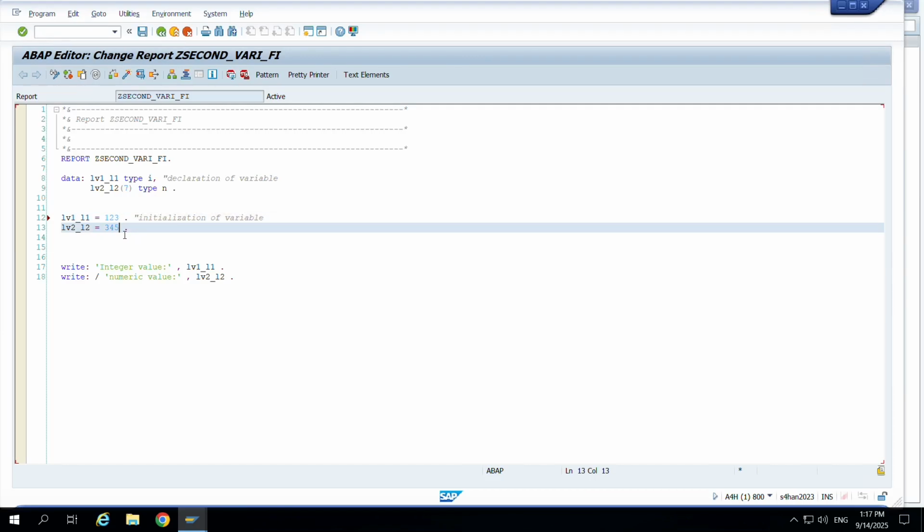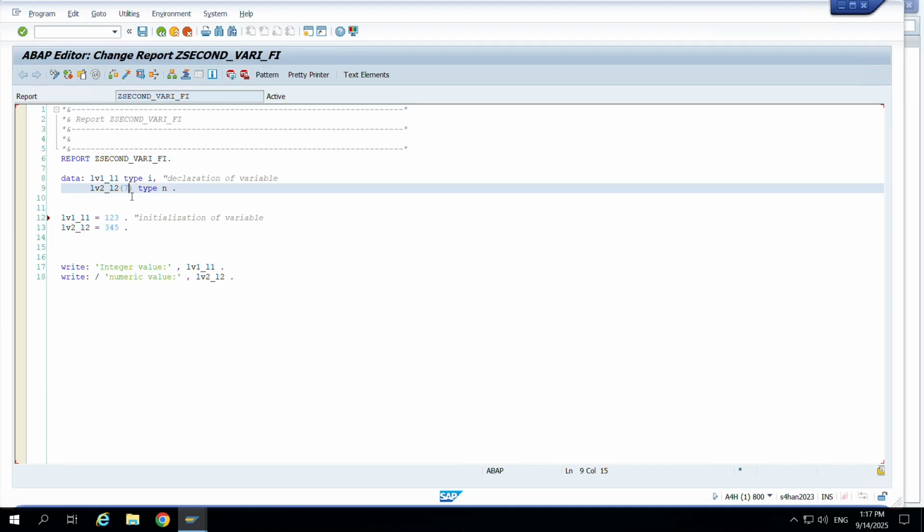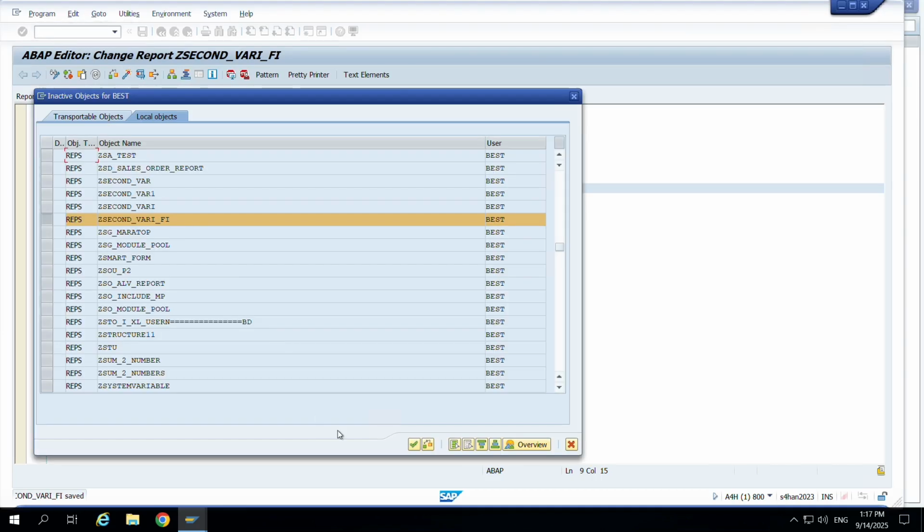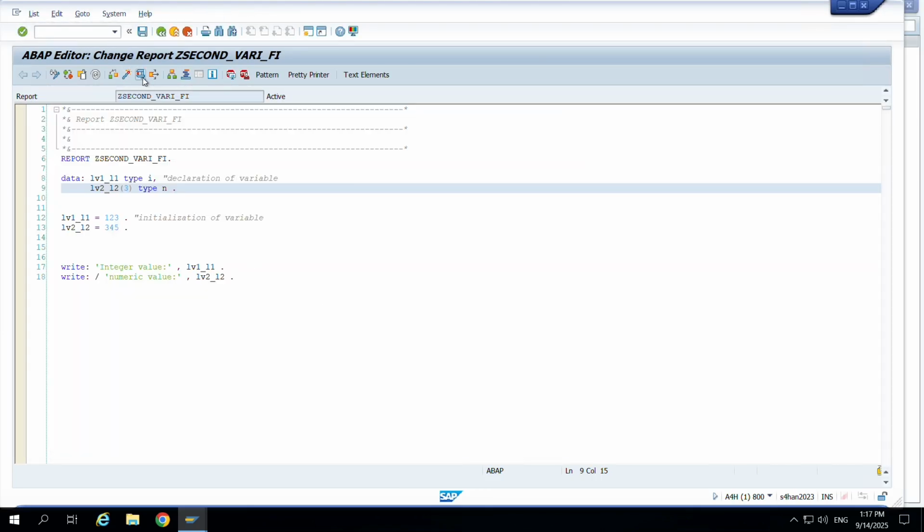Suppose we declare a 3-digit integer value in numeric data type and we also specify the length of 3 digits. See, I am doing the practical, you can see the output is also 345. So it depends upon the length whatever we have declared. If we declare more length than the initialization, then it completes by adding leading zeros. That's all for today. We will discuss some more in the next class. Thank you.